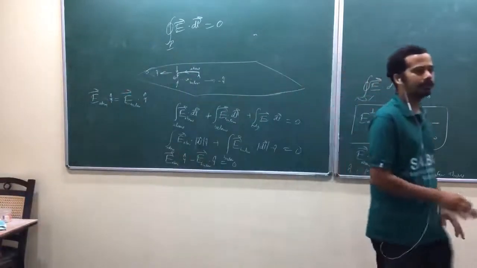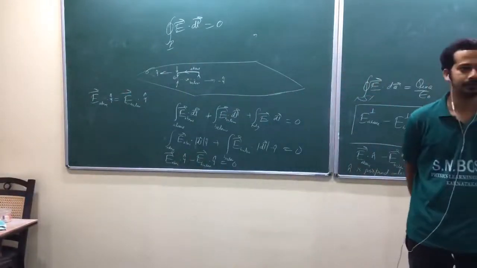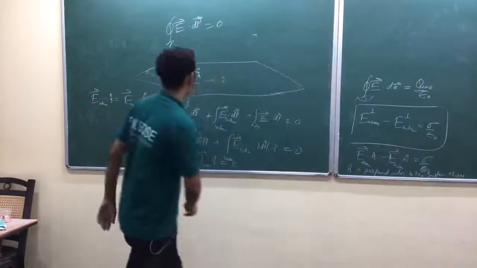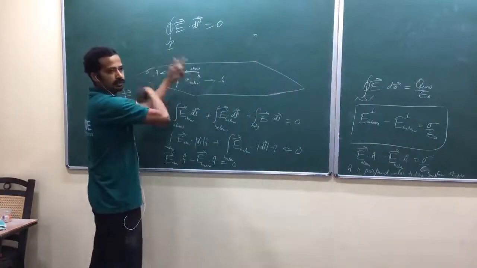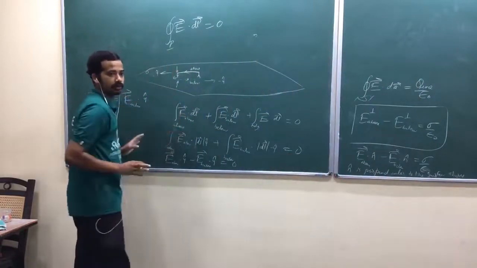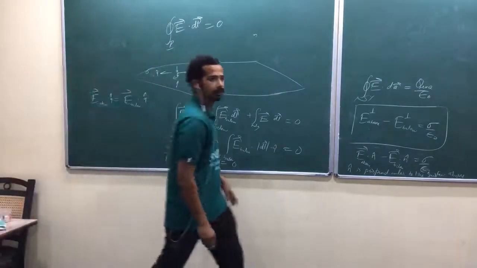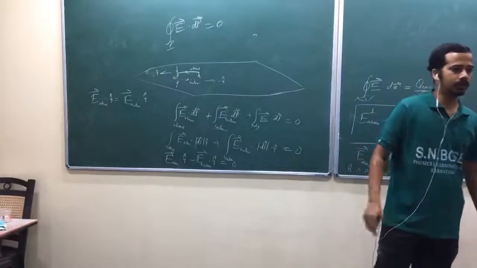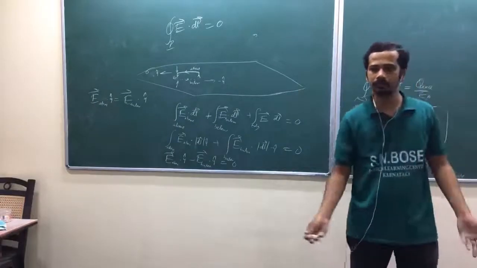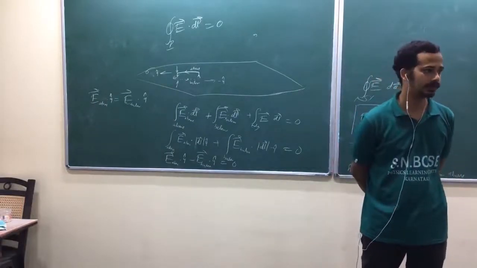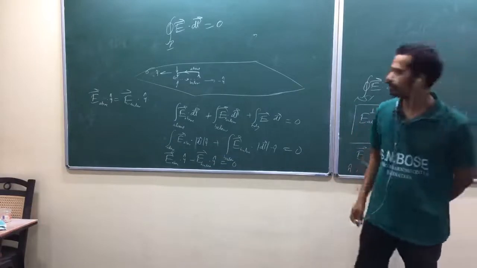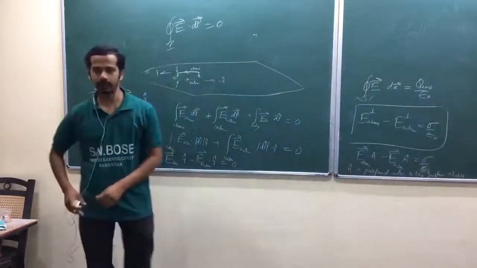What is y cap? Parallel to the surface. Now look at here. You can choose this one the reverse way. That's your choice, the entire thing is your choice, isn't it? Whenever we have a surface integral, we got only one choice. There was no clockwise, anti-clockwise kind of confusion. Am I right? But when you have a line integral, you have both clockwise and anti-clockwise.